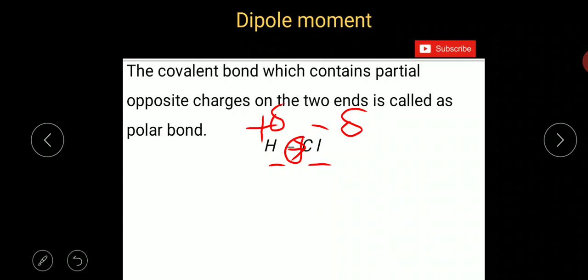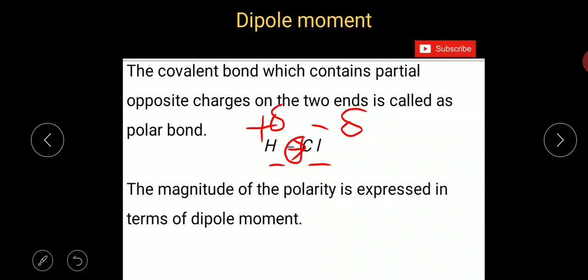So the two different atoms of the molecule get partial opposite charges on the two ends, which is called polarity. You can say that this molecule has polarity,